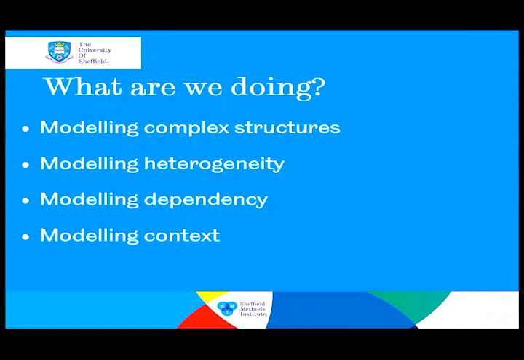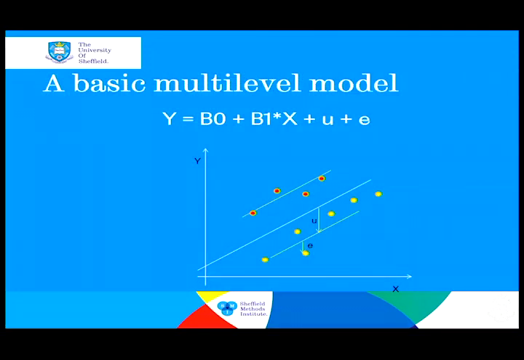And finally, we're interested in context. So we're interested in how these higher level units, how these schools, how these neighborhoods affect individuals. So if your house is in this neighborhood, what is it about this neighborhood that makes it particularly expensive? Maybe there's a park nearby, or lower pollution levels, or maybe low crime rate, lower deprivation,